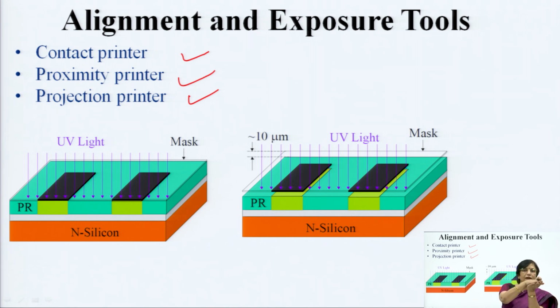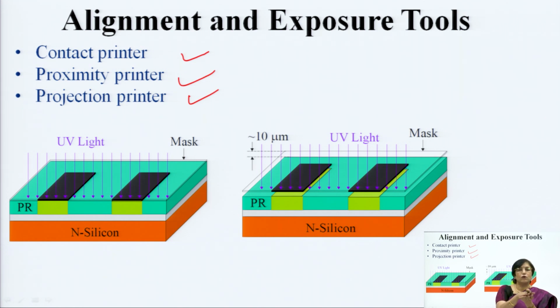When they are in contact, naturally whatever image is getting formed will have perfect alignment. Whatever pattern is marked onto the mask will automatically, with great precision, be written or imprinted onto the wafer surface. So, this is the best technique, and a minimum feature size of up to or less than 1 micrometer can also be attained using this kind of technique.